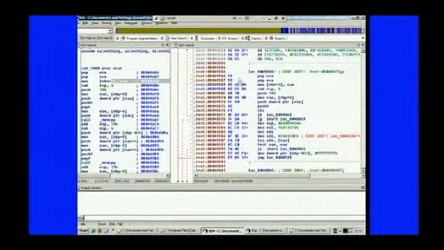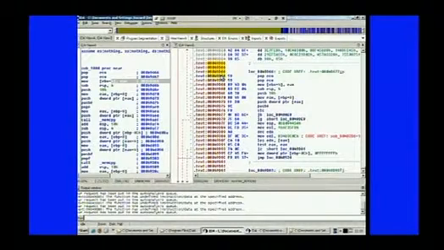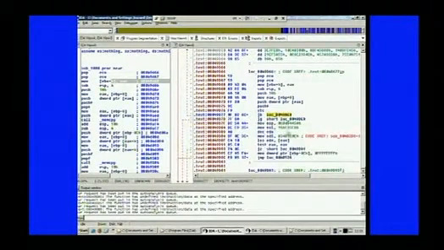So the first example is code that you cannot create a function from, so you can't use GraphView, and it implements some fake paths that are basically opaque predicates. So stc sets the carry flag, and so this jump will always happen, and the rest is a fake path.